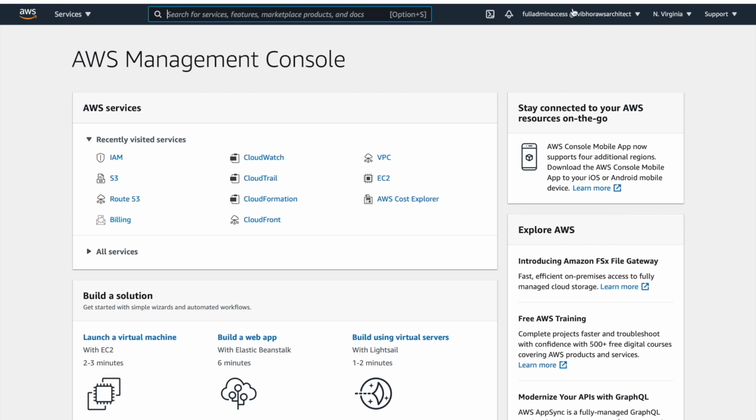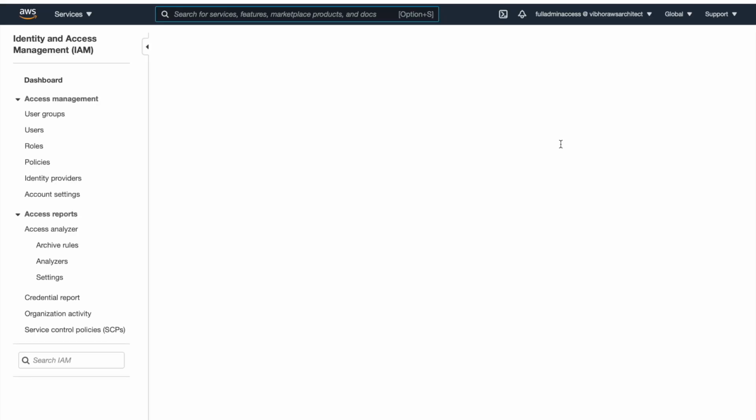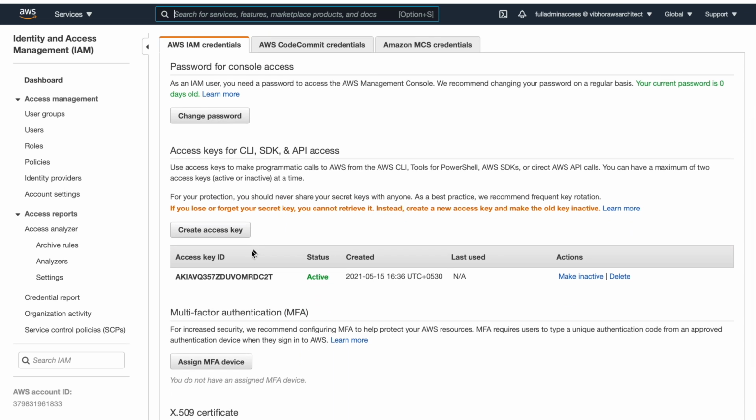Let me go to My Security Credentials and show you where you can enable your MFA. So here you get the option to enable your MFA. If you see, your access keys are present over here. The option to download them is only shown once.